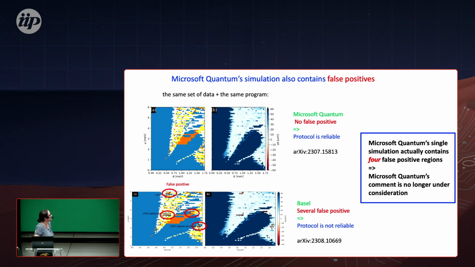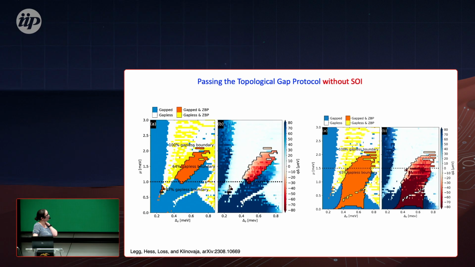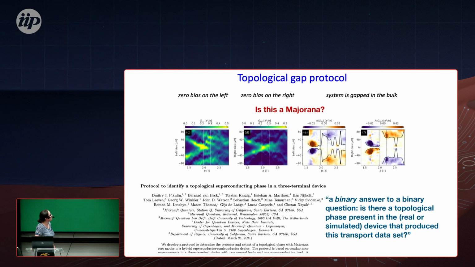And this basically says that, okay, if you take the protocol of Microsoft, you can run it, and you can get false positives. So you can run simulations and identify the system, because in theory we have an advantage. In experiment, no one knows where the zero bias peaks are coming from. In theory, we can run simulations, we have the spectrum, but we also have the wave function. We can extract the wave function and check whether it's Majorana or not, or what's going on. And the problem is we can easily fool such a protocol, even in a system where we have no spin-orbit interaction, because in this case we know that a system without spin-orbit interaction cannot be topological, but we can still pass. And this is a little bit the status of the field now.